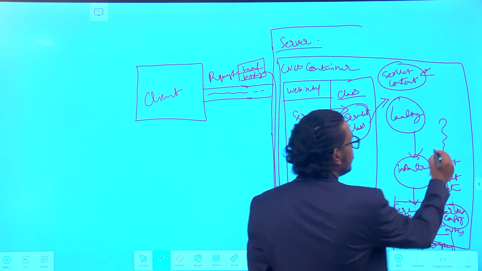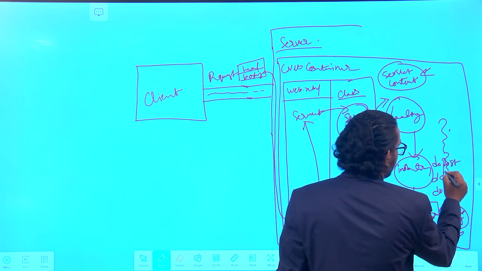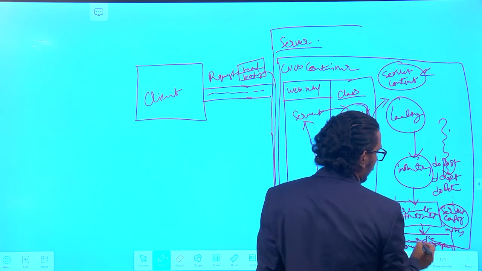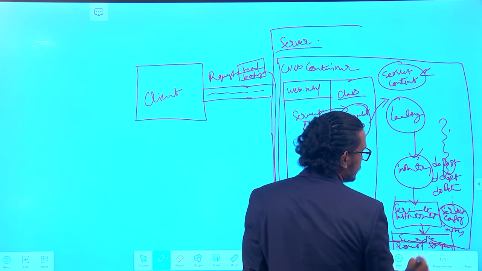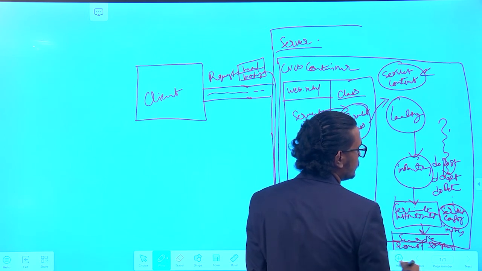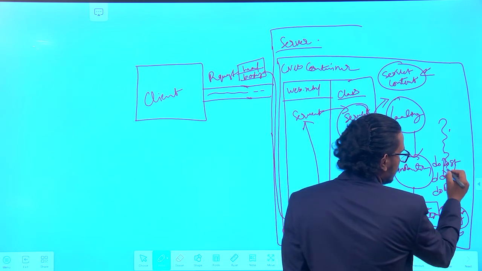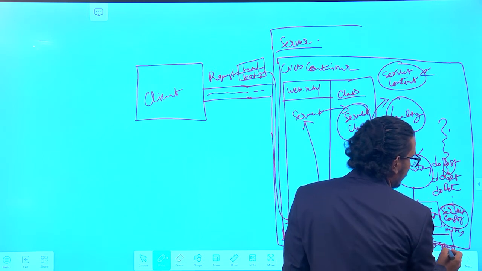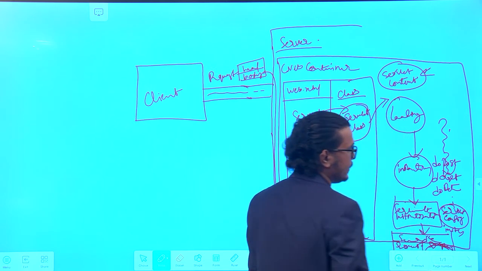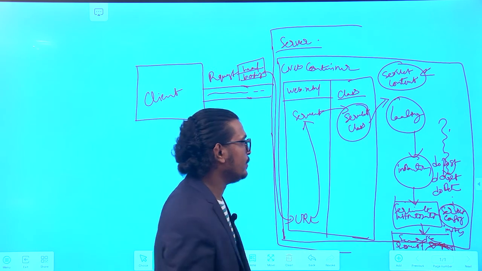For the response, your thread will start the execution. Thread is created, the request is processing. Once the request processing is done, your thread will start the execution, and once the execution is done, your response will be created here.